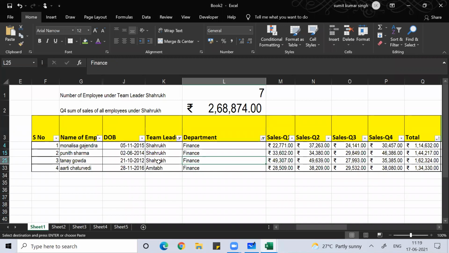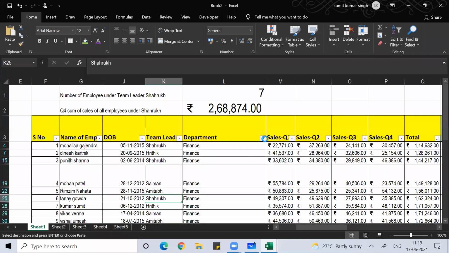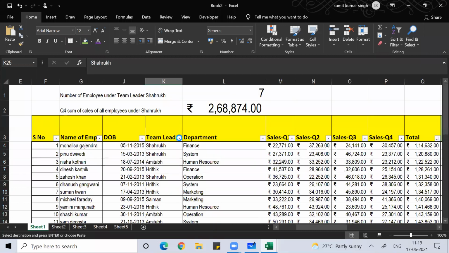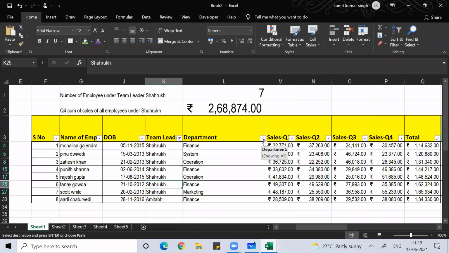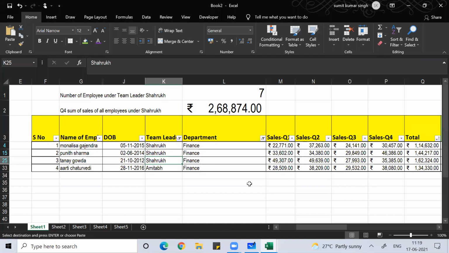Or if I would have done it here like this, Shahrukh as the team leader, and then finance department, your answer will not get affected because of this, guys. I hope you're understanding.